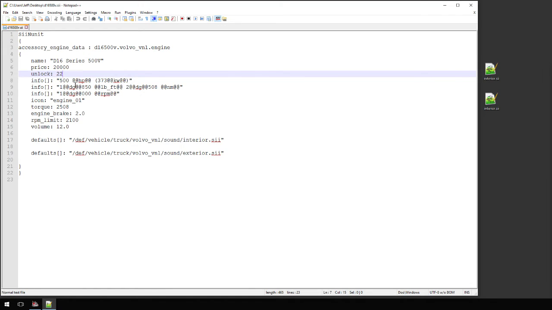Info. These are all the researched numbers. Everything would be in quotes, so it shows it on that screen when you go to pick the engine. So there's 3 info lines. You have your horsepower in kilowatts, your foot-pound rating, all of these at symbols, so the at symbol, DG at, this right here